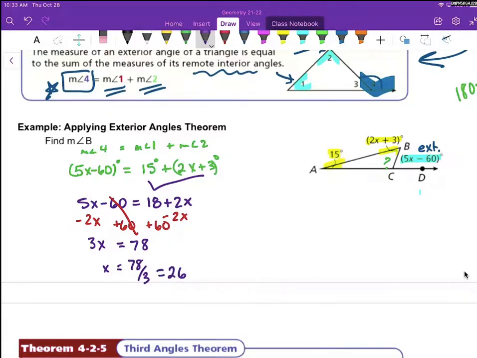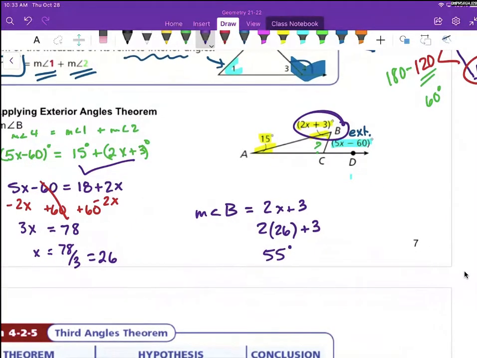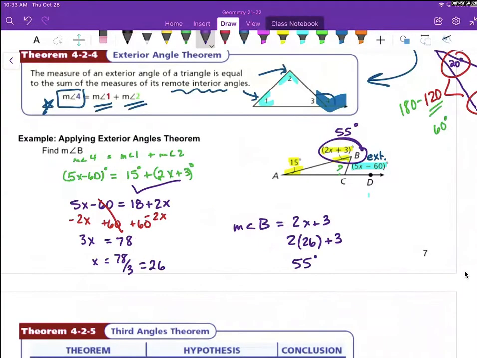And so the question said find the measure of angle B. Angle B was this 2x plus 3. So now that we found x, we can plug it in. 2 times 26 plus 3 gives me 55 degrees. And then what's kind of neat is we can go in and check these. If that's 55 degrees, let's also plug the 26 into this blue angle, the exterior angle, and see if we get